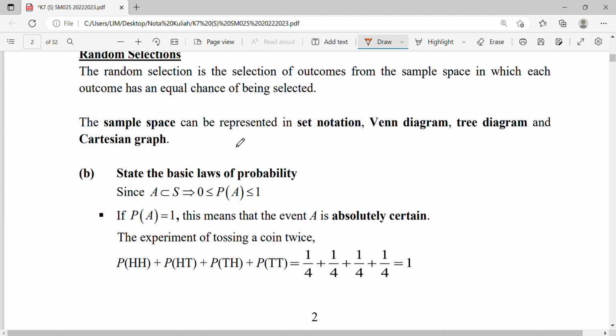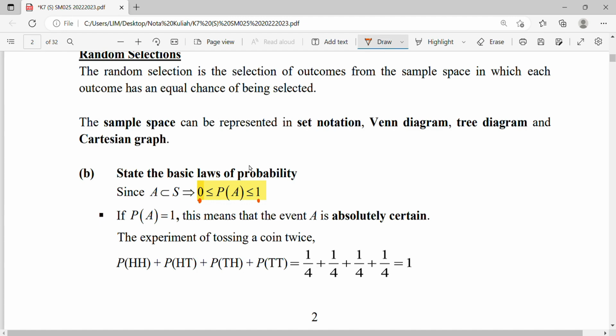Okay, so some basic laws on probability. Probability value will be between 0 and 1. When you're doing probability, you can put it in fraction or in decimal, but the result will be between 0 and 1. 0 means it will definitely not happen. When you say the probability of some event is 0, it means that event definitely does not occur. When you say the probability of that event is equal to 1, it means that event will definitely occur.